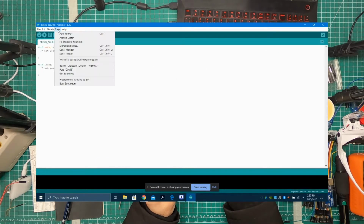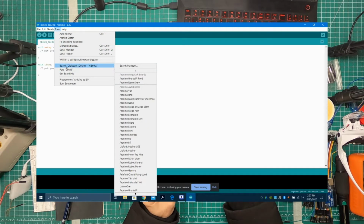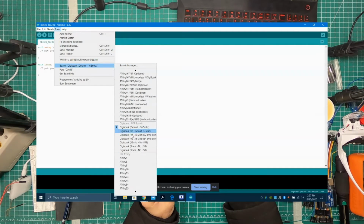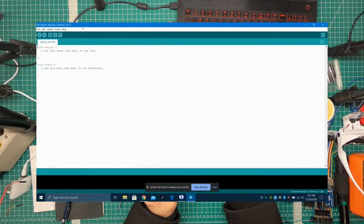Tools. So in board, it's pre-selected, but once you add the boards from board manager, you can scroll down and here you will see DigiSpark default 16.5 megahertz. You select that and that's it, your board is selected. I'm going to paste my program here, which is